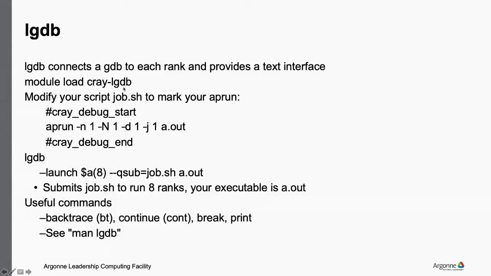And what you do in your job script is you put these special comments to decorate right before your app run and right after your app run, whatever your app run happens to be, right? I just gave some trivial example here. But if you say cray debug start before the app run and cray debug end after the app run, then